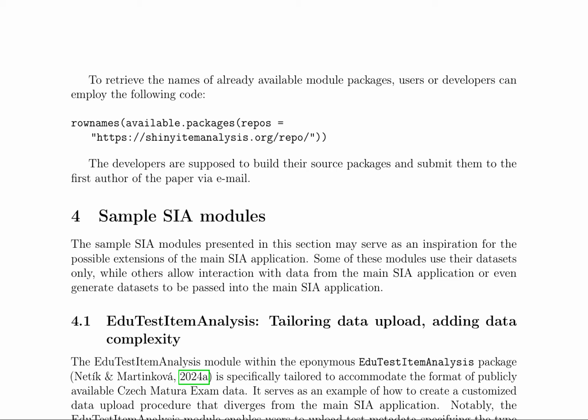The EDU test item analysis module within the eponymous EDU test item analysis package, Netík and Martinková, 2024a, is specifically tailored to accommodate the format of publicly available Czech Matura exam data. It serves as an example of how to create a customized data upload procedure that diverges from the main SIA